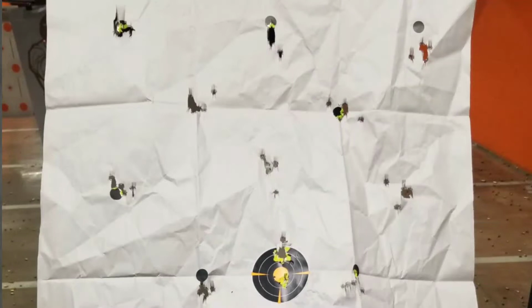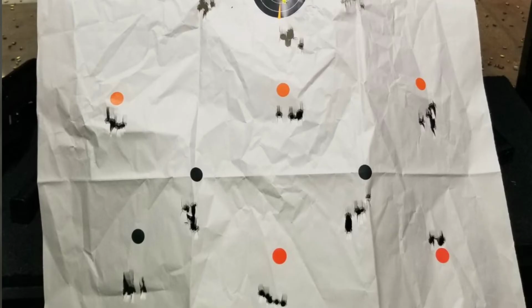Although I'm happy with all those, here's my final target after shooting all day. I felt like that was some pretty good shooting. You can see there's these one weird flyers with a lot of those groups. Maybe that's me, maybe it's the gun. It's kind of hard to say, but